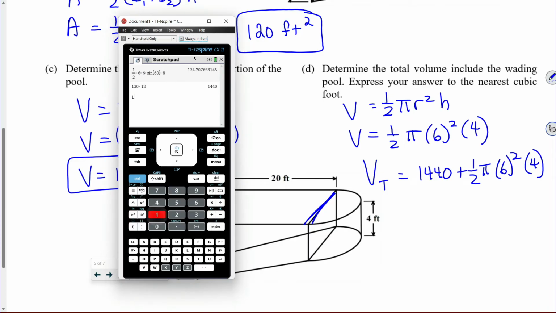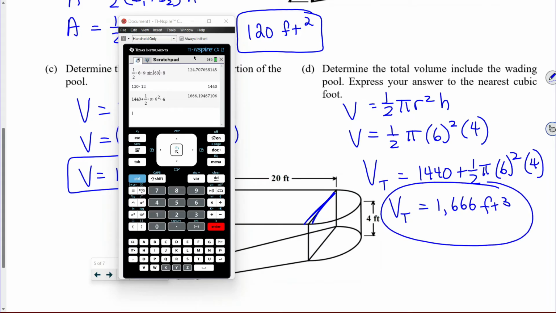All right, so we've got our 1440 plus 1/2 times pi. Don't forget the pi. It's so easy to forget the pi. Times 6 squared times 4. And we get as our total volume, to the nearest cubic foot, 1,666